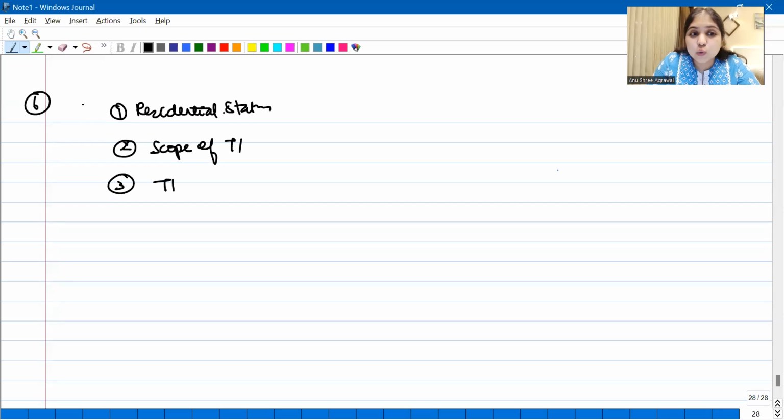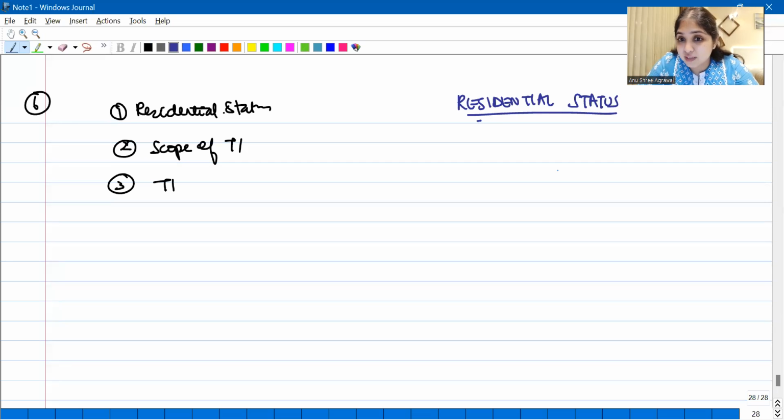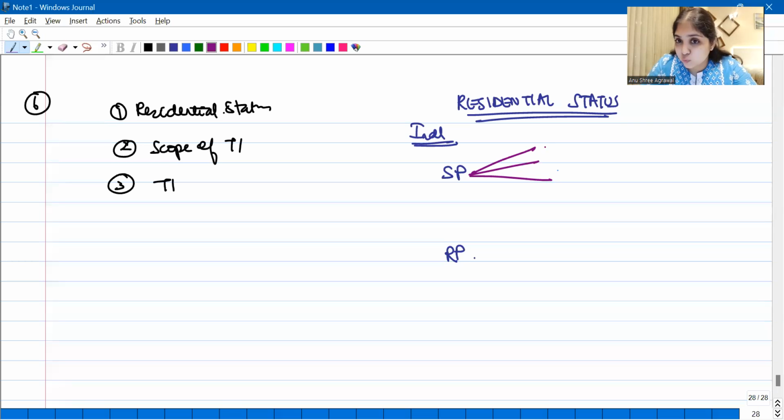So we will do this answer in 3 parts. Okay, coming to the first part, the residential status part. Now listen, same thing like how I had done for you in the question before the last question. Assessee is an individual. So we always think about 2 provisions, the special provision and the regular provision. We always give priority to the special provision first. Special provision, how many conditions do we have? We have 3 conditions. Condition number 1, the assessee should be an Indian citizen or a person of Indian origin. Is this condition fulfilled?